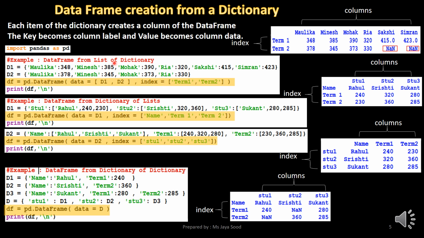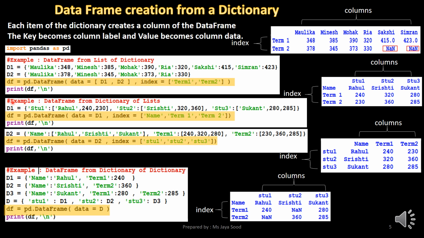The unique keys from the dictionary D1 and D2 will create the column headings. There will be 2 rows in the data frame. The values for row 1 will come from dictionary D1 and the values for row 2 will come from dictionary D2. If a key is not present in either of the dictionaries, then the corresponding value will be a NaN.